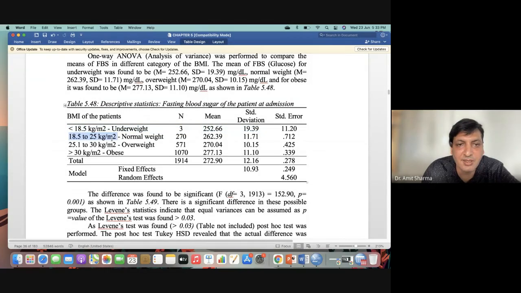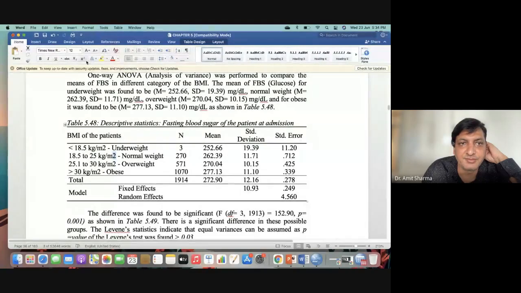Second category, see, when I have written the result, I have written the name as well as the ranges, both should be written, and this should be a superscript on the top. See, I had already done this, but as I have changed the laptop from the Windows version to the Mac version, all that formatting has gone.